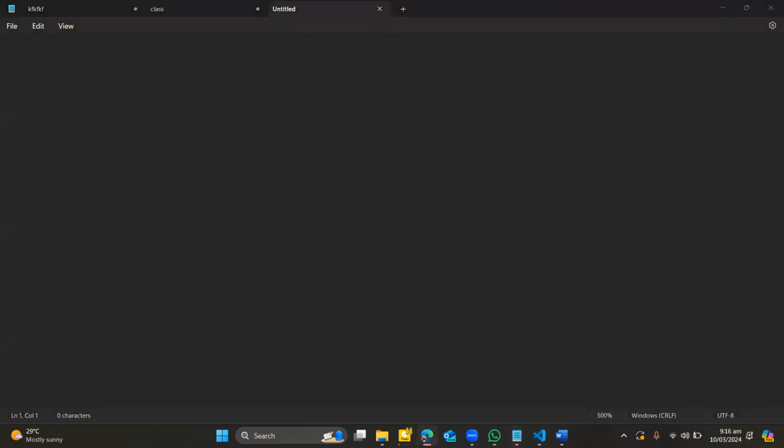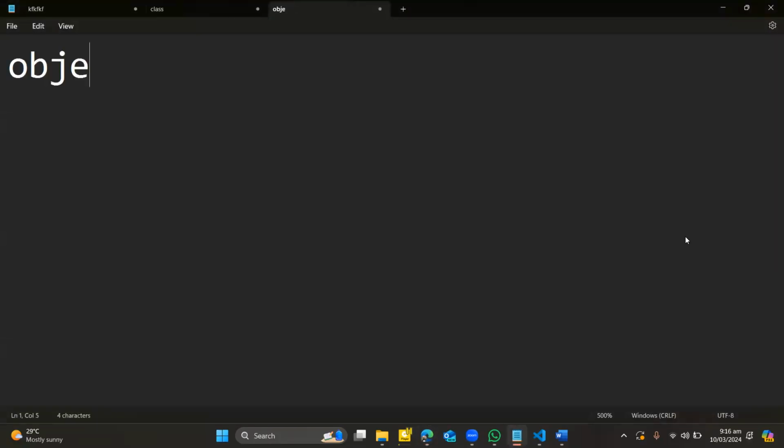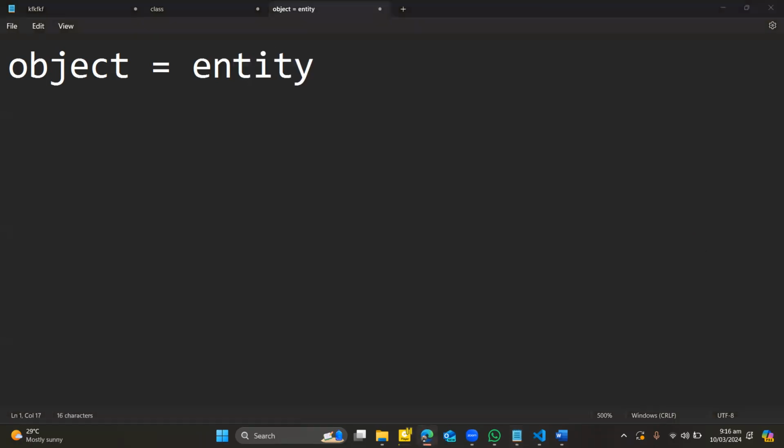But let's see the practicality of what she's saying. You see, there is a word that she used, and that word is object. Are you okay? And that begs the question, what is an object? An object is equivalent to an entity. So that also begs the question, what is an entity